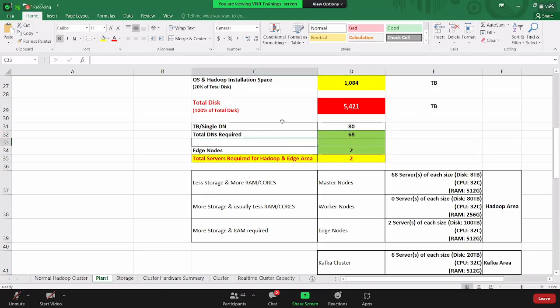Apart from this, I need some master nodes also, right? What do I mean by master nodes? These are the nodes where I install my Name node, resource manager, HBase master, and so on. So altogether, you may require